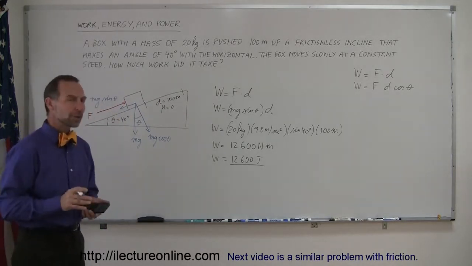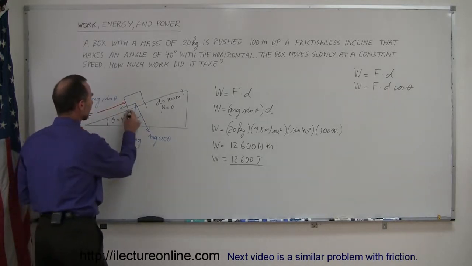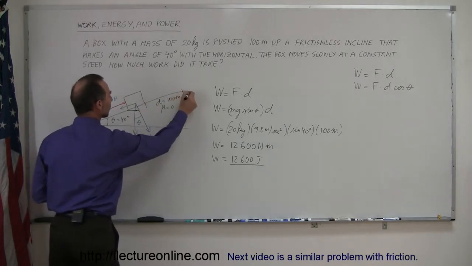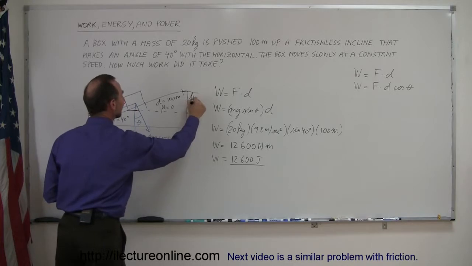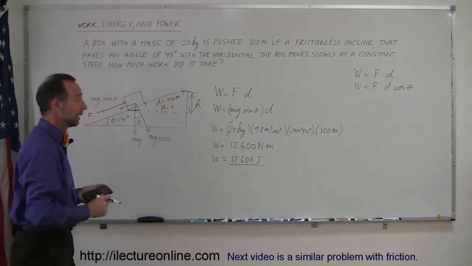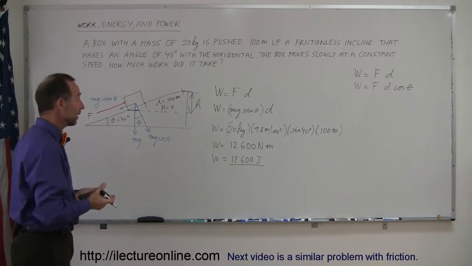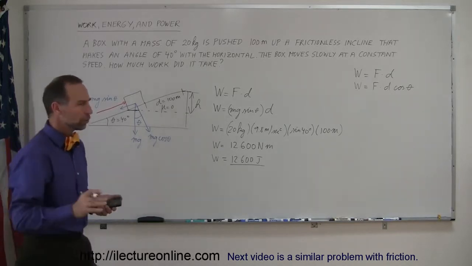But there's another way in which we can do a problem like this, because essentially what happened is that we started at some particular place, and eventually the box ended up at a different place. It ended up higher than it was before. It gained height. So there's a change in height or an increase in height. And any object that increases height gains potential energy. So we could also say